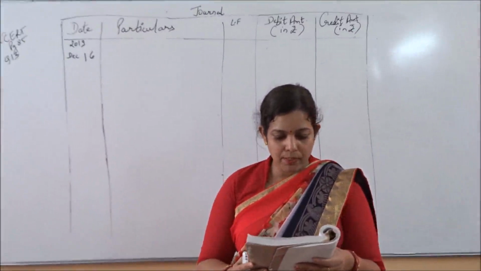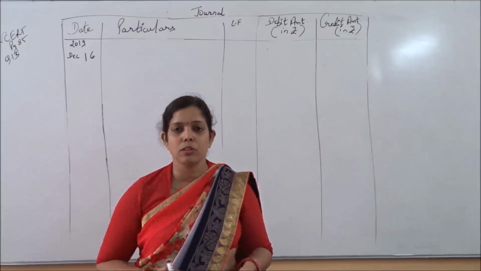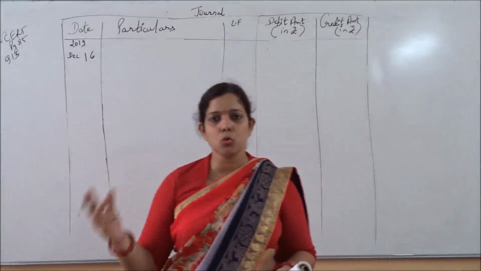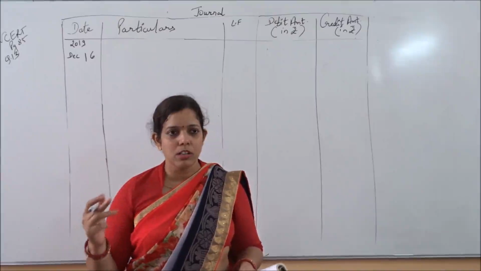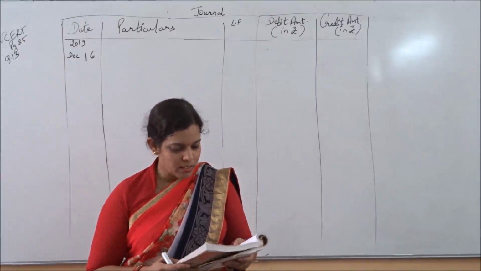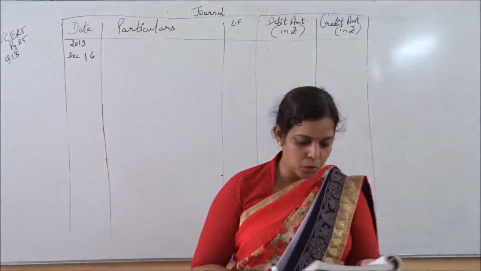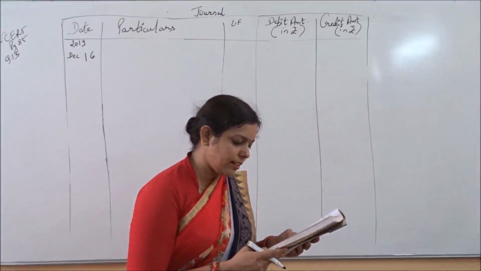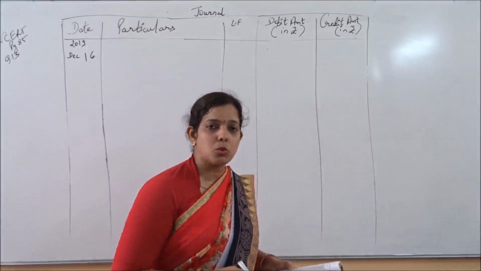As you have seen in the previous transaction, sold goods to Suman rupees 20,000. It means it was a credit sale. 20,000 goods have been sold to Suman, and she will give rupees 20,000 at some future date. But now in this transaction, December 16, how much is she paying to the business? She is giving a check of rupees 19,500 and 500 discount is allowed to her.